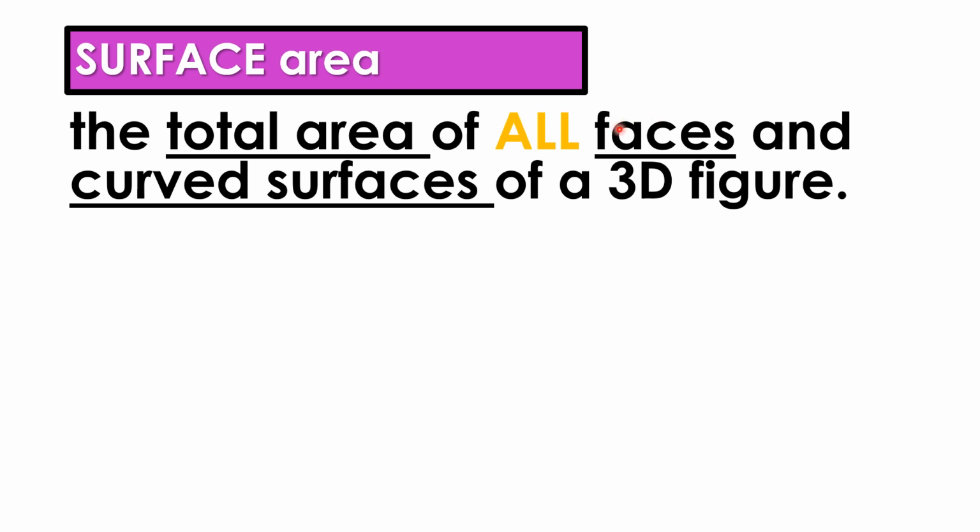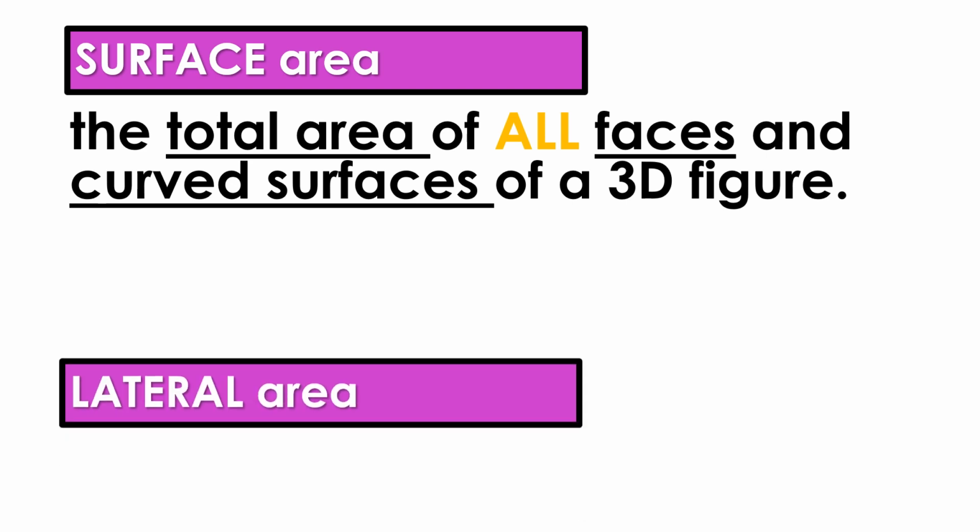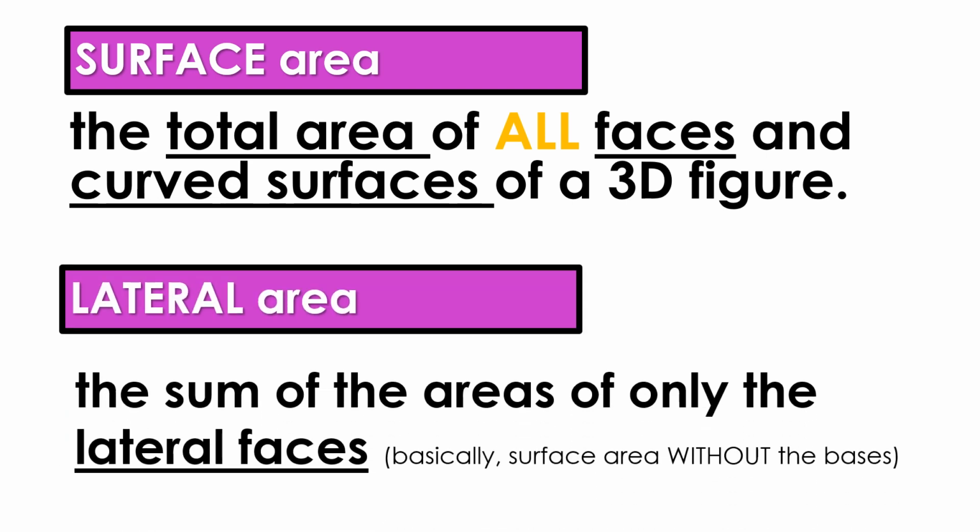So if it was a polyhedron, we'd look at all of our polygons, and then if it has curved surfaces, that would be like if it's a cylinder and has some sort of rounded edges. The lateral area is going to be the sum of the areas of only the lateral faces. So basically the lateral area is finding the surface area but without the bases. So if it was a pyramid, we would take out that single base. If it's a prism, we'll take out the two parallel and congruent bases and just find around the